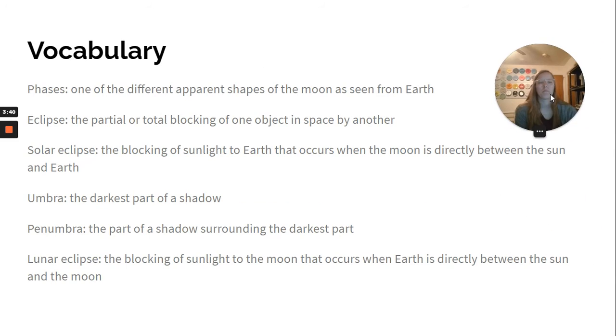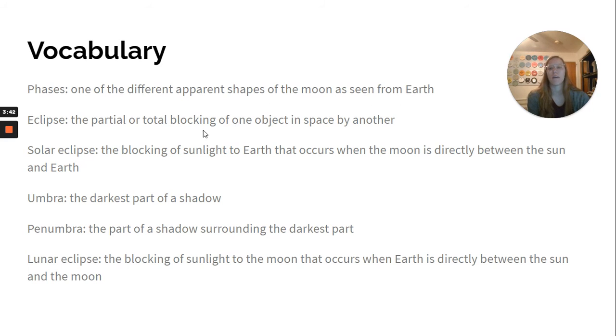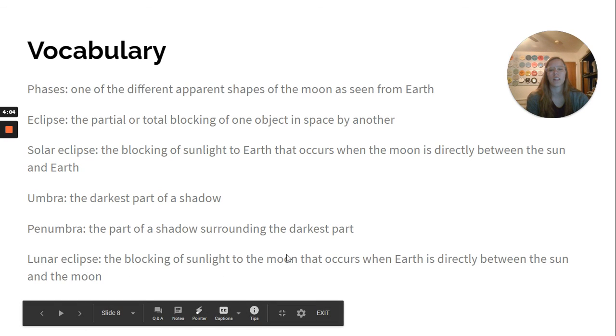So our vocab, some of these will be on your assignment as matching. Phases, one of the different apparent shapes of the moon as seen from Earth. Eclipse, the partial or total blocking of one object in space by another. Solar eclipse is the blocking of sunlight to Earth that occurs when the moon is directly between the sun and Earth. Umbra, the darkest part of a shadow. Penumbra, the part of a shadow surrounding the darkest part. Lunar eclipse, the blocking of sunlight to the moon that occurs when Earth is directly between the sun and the